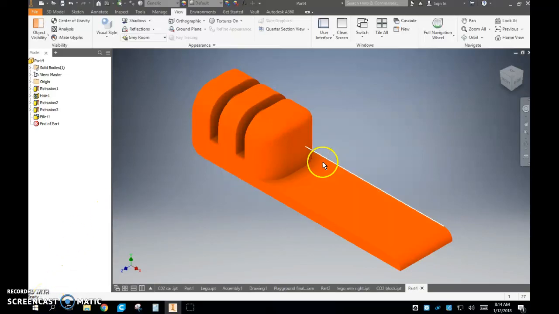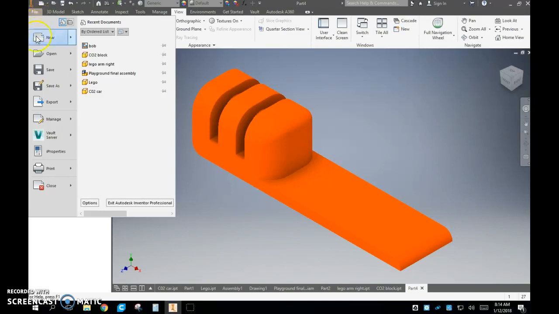All right, everybody, here you go. You have your sweet CO2 car design. You are ready to make your blueprint. So here's what you're going to do. You're going to go to File, New,